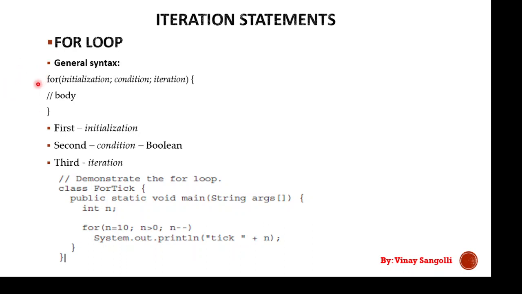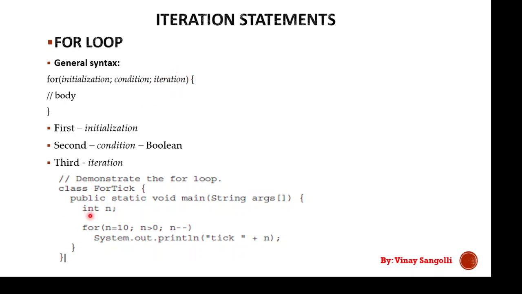So whenever your for loop is evaluated, whenever this syntax is evaluated, the first thing which will be evaluated is initialization. Remember this thing. Next thing, it will be checking the condition, that is whether the condition is true or false. Therefore it will be in the form of a boolean. And third, finally, will be the iteration, that is, it goes on making the various runs depending on this variable, whether it has to be incremented or decremented. That is decided by this third part.